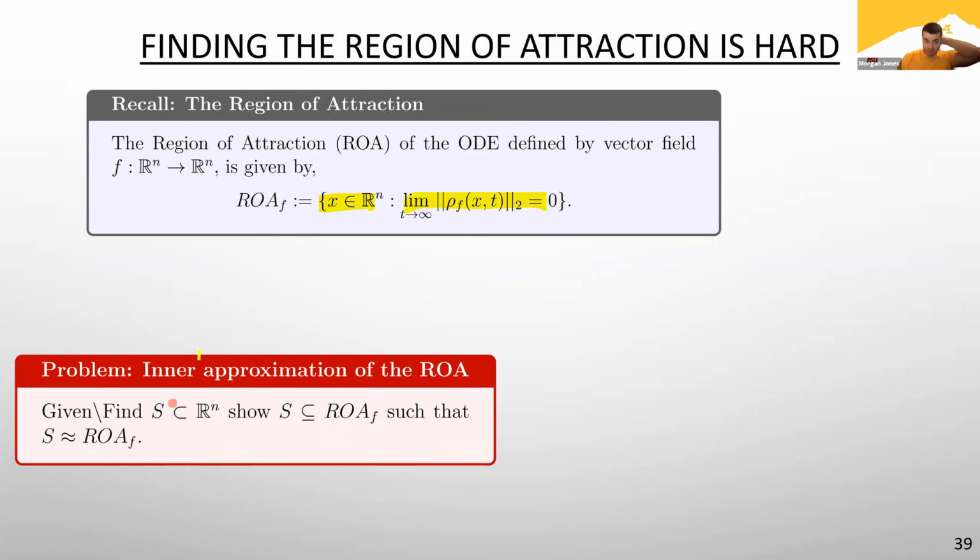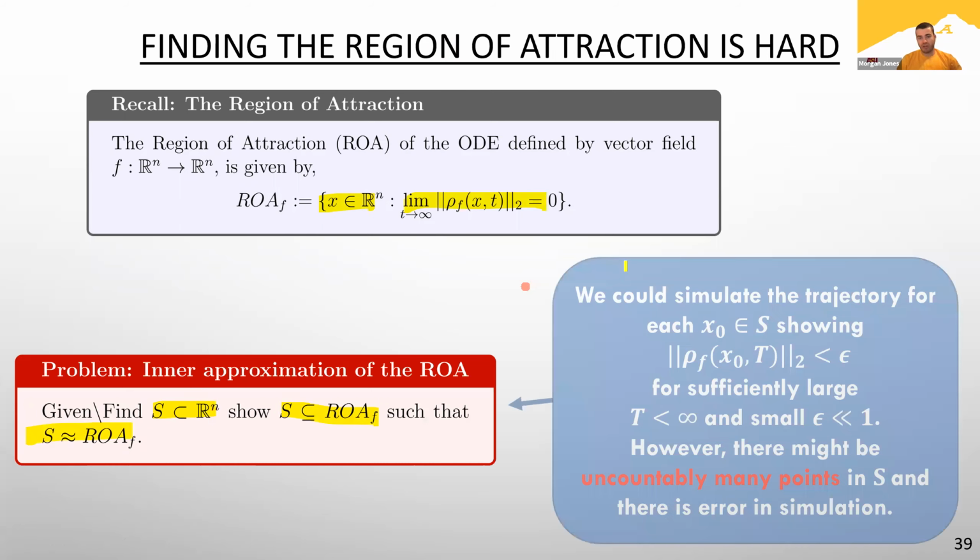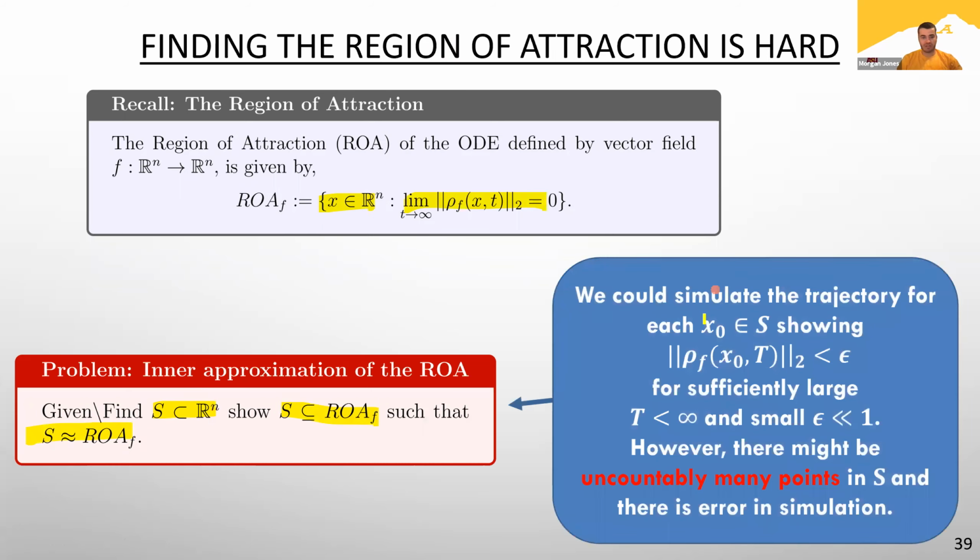The problem that we're trying to solve is we need to find a set S that's contained inside of the region of attraction and also approximately equals the region of attraction. One way you could potentially go about solving this problem is to just pick an S, and then for each initial condition inside of that S, simulate the trajectory for some sufficiently large time period and show that it's arbitrarily